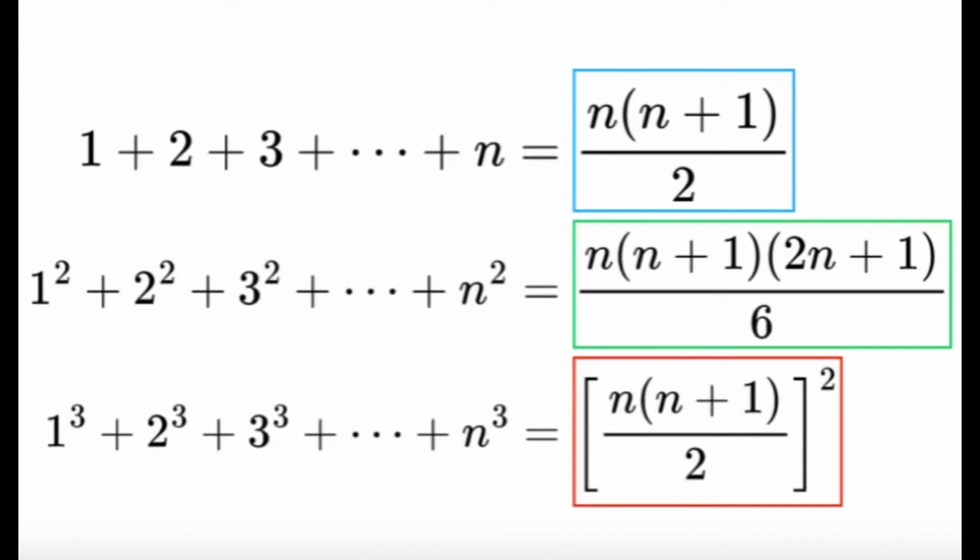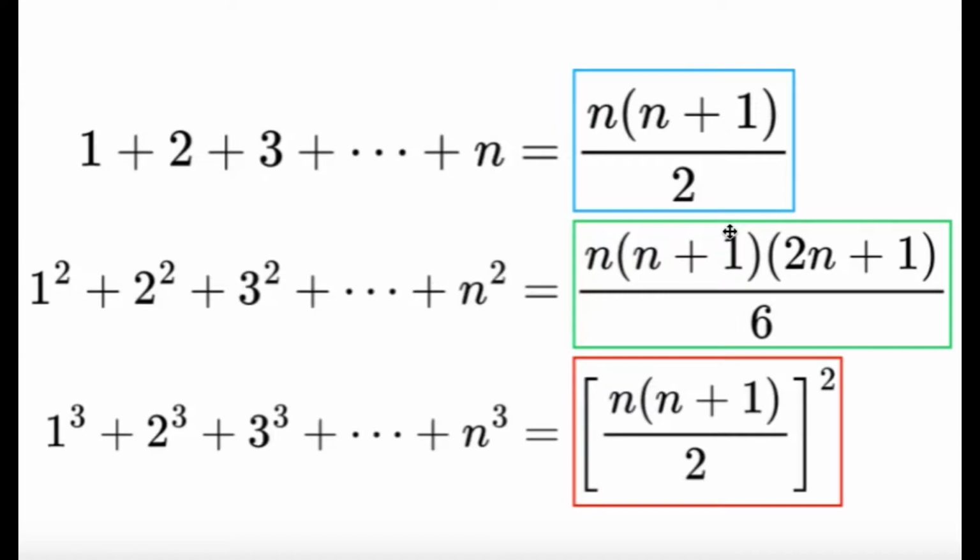As you can see, it's the sum of the first n something. The first one is the sum of the first n positive integers. The second one is the sum of the first n positive perfect squares. And the third one is the sum of the first n positive perfect cubes. There isn't really a nice way to remember these formulas unless you really memorize them. So have a go, try to memorize these formulas, and we'll go to some examples just to show you